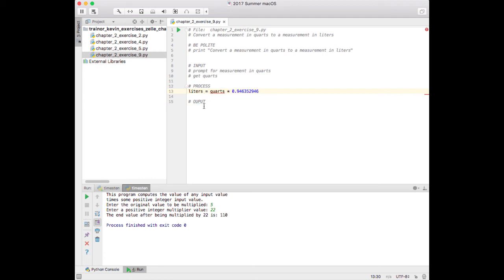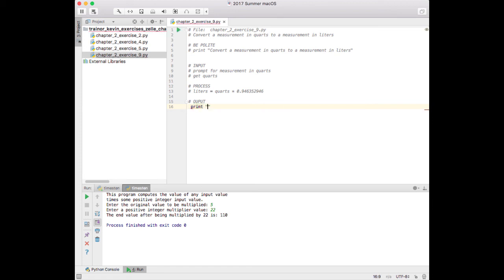So I've got liters, and now I need some kind of output. All right. So if I'm going to output, I'm going to print, right? Oh, that's a real line of code. So I want to turn that line of code into a comment. I'm going to toggle that on. Okay, so I'm not going to get the editor interpreter too worried, right? And then down here, I'm going to want to do some kind of print. And again, I don't want it to be real code, so I'm going to print what I'm going to say. I'm going to print,